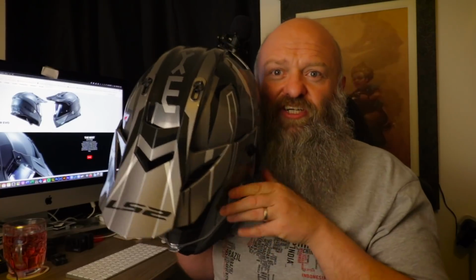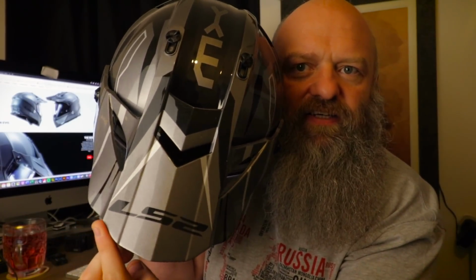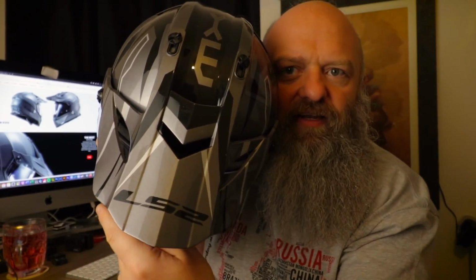I like a peak lid, so when I saw this, I actually approached LS2 and said, any chance I could get a helmet to review? That peak follows that angular design of the bottom. It just needs to be a little bit wider, because see how it cuts in here. If that came down a little bit further to about there, because that little gap where it cuts in just lets some light in, it's not as good as other peaked helmets that